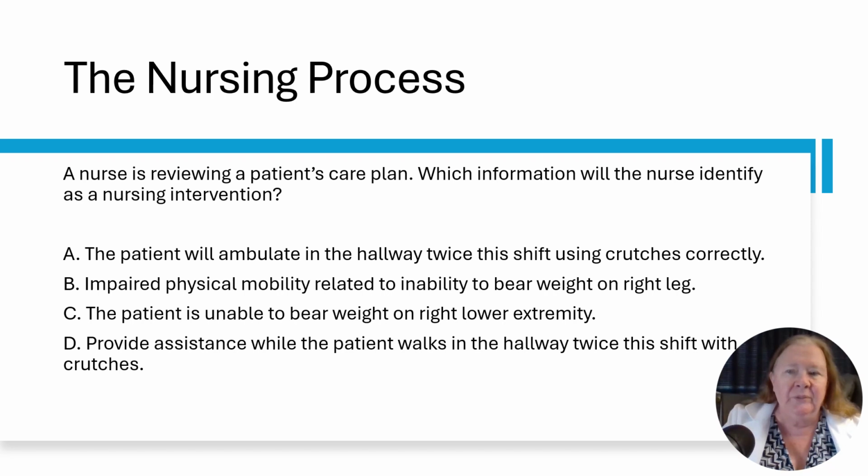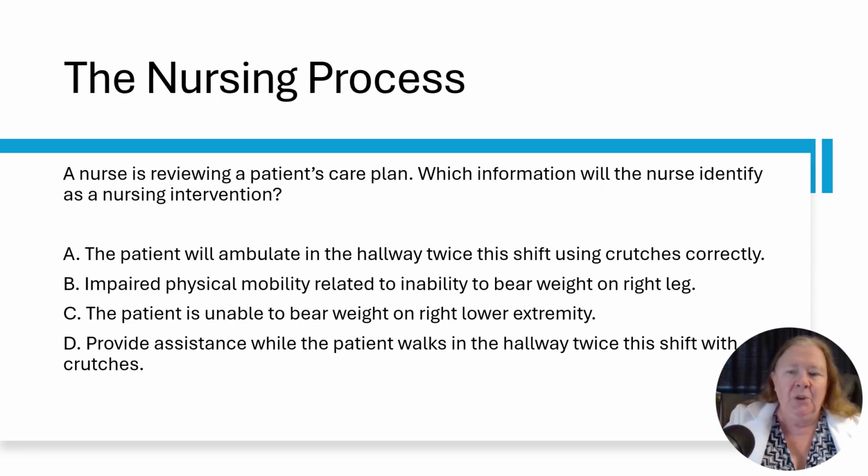Letter B, impaired physical mobility related to inability to bear weight on right leg. Okay, letter B is a nursing diagnosis. Impaired physical mobility is a nursing diagnosis. And letter C, the patient is unable to bear weight on right lower extremity. That's an assessment. Okay, you're observing, you're watching the patient walk, and you can see that they're unable to bear